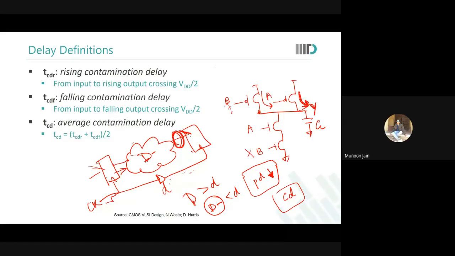So may I conclude one thing, sir, from this? Sir, if the clock has not reached our second flip flop, that means that our second flip flop is off, means it is not working, right? No, it is waiting. The output of the first flop is waiting. It is waiting for a clock edge. It is not that it is not working. It is waiting for a clock edge.